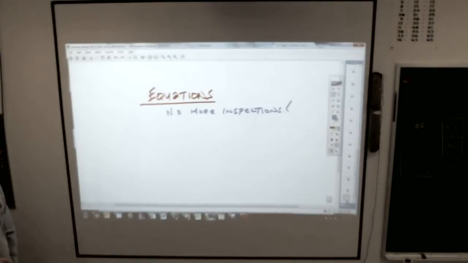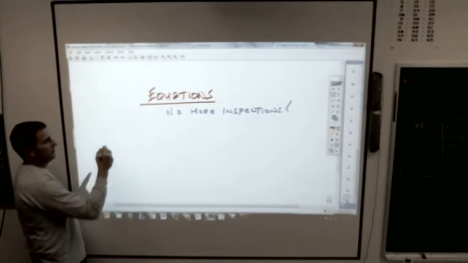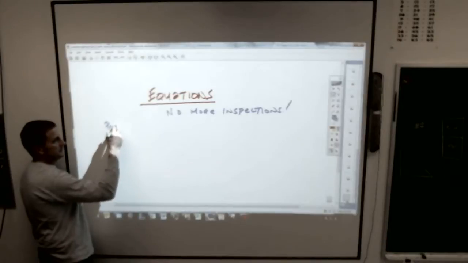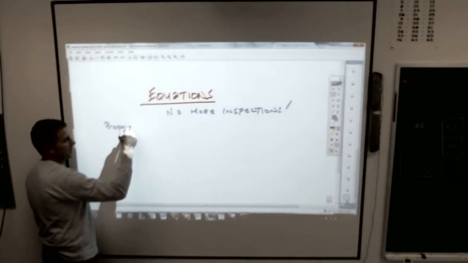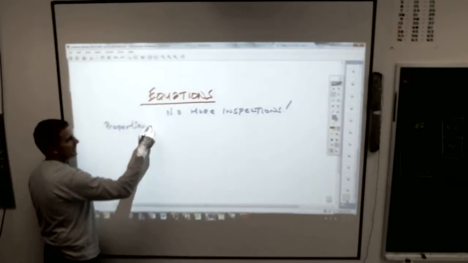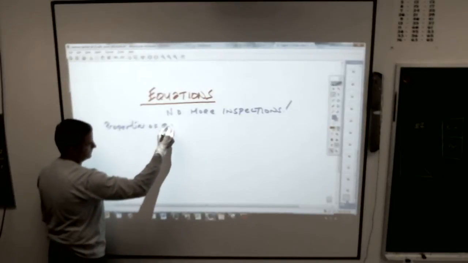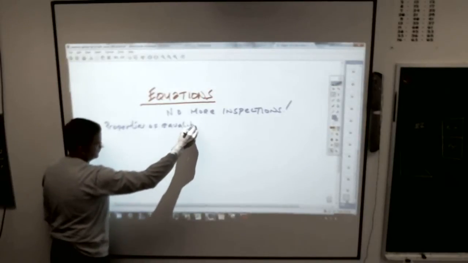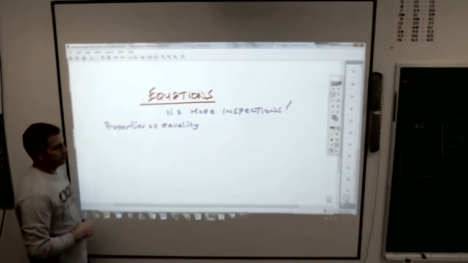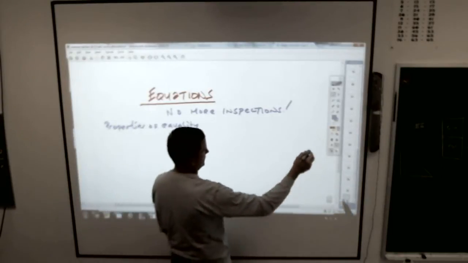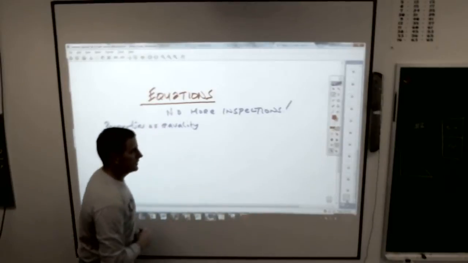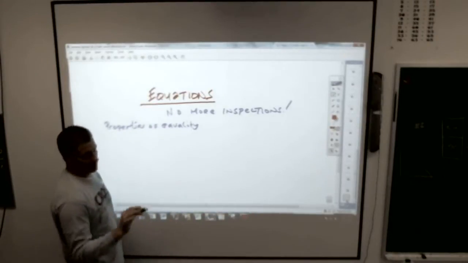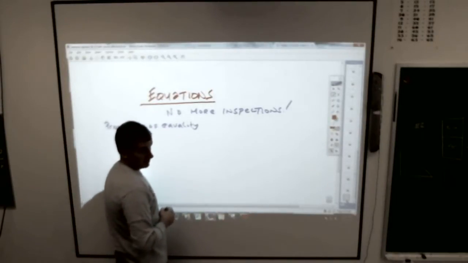The reason they do that is because you can actually see why we do what we do here, okay? And what the book says is you are going to use what's called properties of equality to solve them. And here's the basic gist of it. It is not a complicated sort of thing, okay? If you have an equation, and I'm going to do a simple equation,